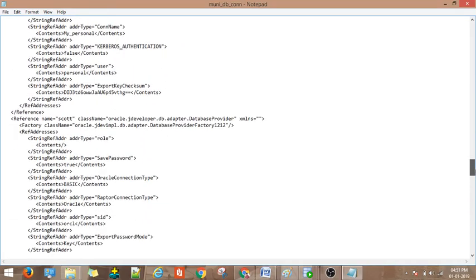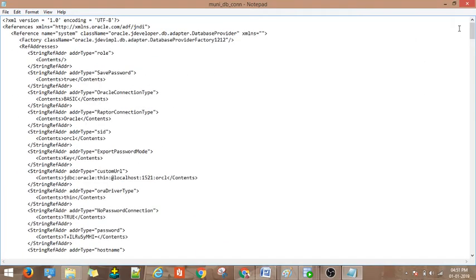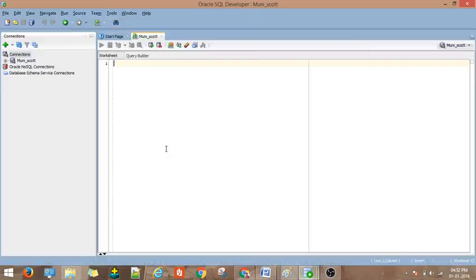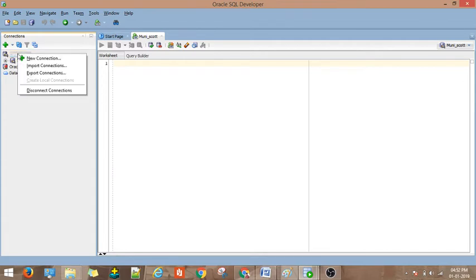We cannot read this one, it is XML. I am also not able to understand it. We just use this file and connect it into SQL Developer. Once we use this XML file, the connections automatically come into SQL Developer. We need no username or password, none of these things. See how I am connecting with the XML file. Same thing, go to connections, right click, then import the connection.